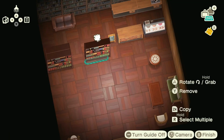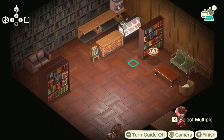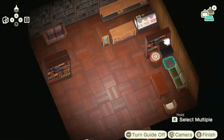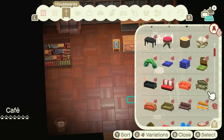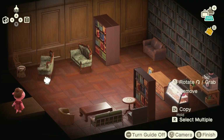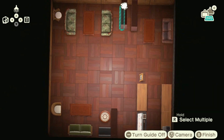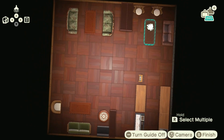I also had to use the brick countertop because I thought it was just absolutely adorable. And the antique tables just are a perfect fit. It's something you'd get at like a little garage sale or yard sale that you just add to your little hometown cafe to add a little pizzazz. And then, of course, I love the elegant sofa, but if you make it brown instead of gold and keep that little green trimming on it, it gives a little bit of a grandma vibe, which I'm kind of living for. Mixed in with all of the other furniture items, overall, this gives me such a cozy